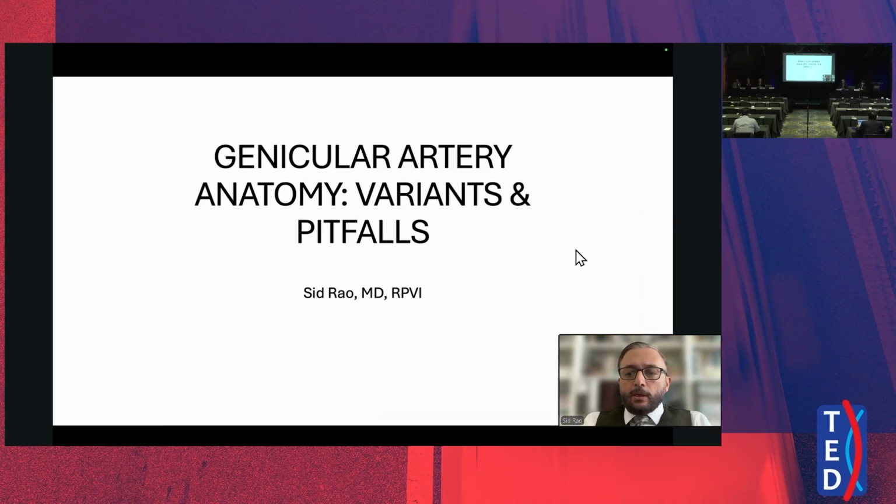So I've been doing GAEs now for about 4 years, probably close to about 2,000 of these now. We perform these only from the foot. I rarely perform these from the groin anymore. I'm going to go over the first topic today, which is the genicular artery anatomy, and then variants and